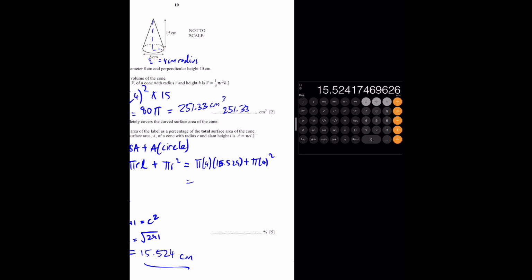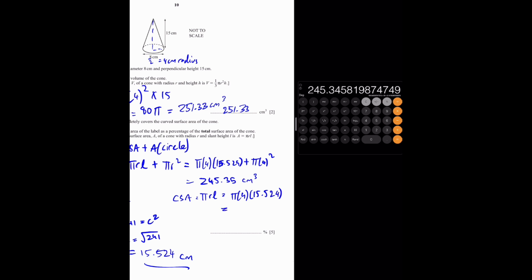And if we do this correctly, let's just do it on our calculator. 4 into 15.524 multiplied by pi plus 16, which is 4 squared, multiplied by pi, which is equal to 245.35 centimeters cubed. Now, the curved surface area is equal to just pi r l, which is pi into 4 into